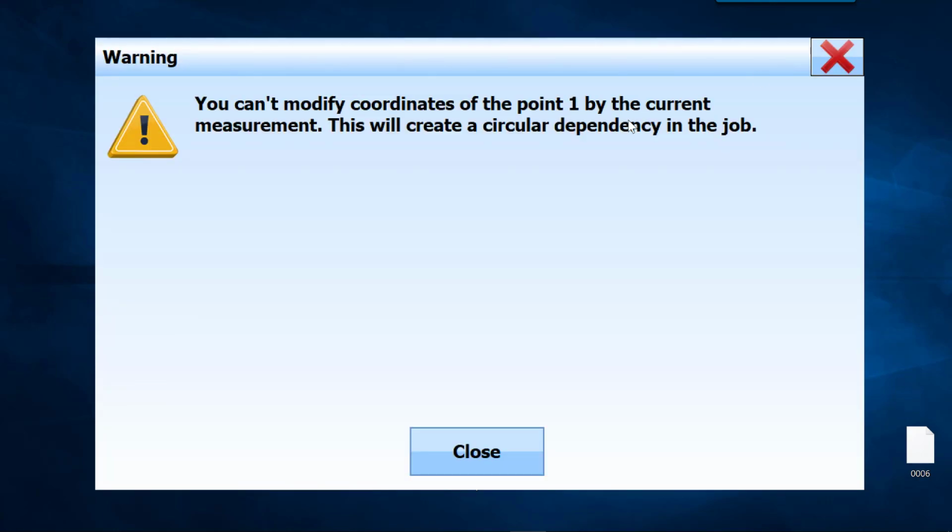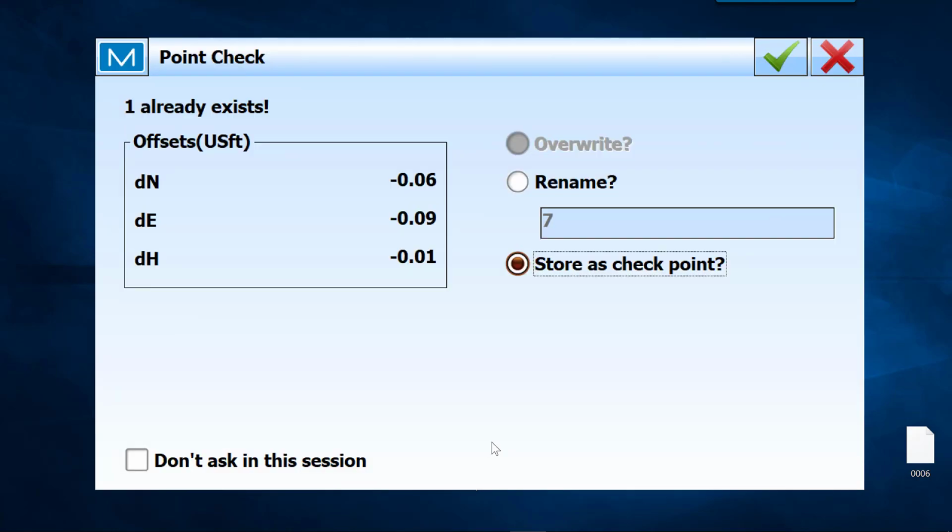Now, it gives me a warning message with point number 1 saying that I basically can't do this. This will create a circular dependency in the job. Ooh, I'm scared. No big deal. Just click close. Now, here we have a point check list, and one thing I like to look at when I first see this is